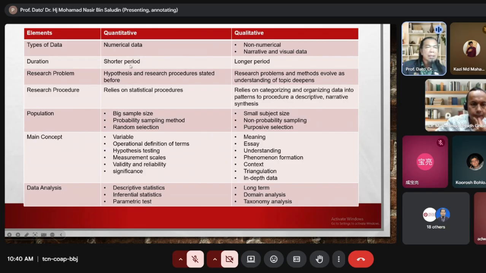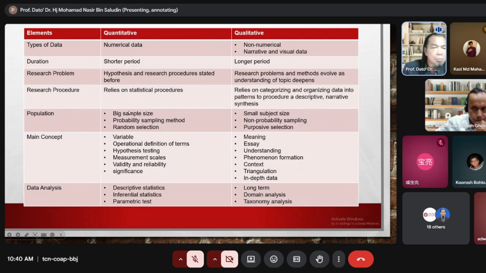Duration: quantitative is a short period, qualitative a long period. Research problem: in quantitative, the hypothesis and research procedure are stated before. In qualitative, the research problem and method evolve in understanding the topic. The research procedure: quantitative relies on statistical procedure; qualitative relies on categorizing, organizing into patterns, and procedures that are descriptive and narrative